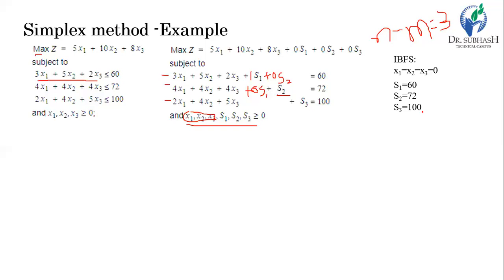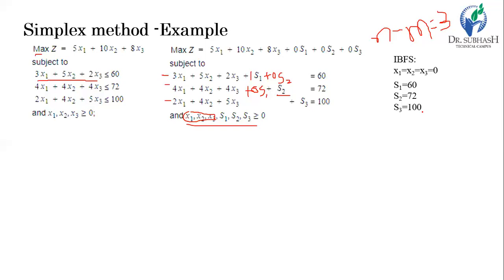For the optimality check, there are two methods. One is the tabular method and the other is the matrix method. The matrix method is a little difficult to understand and requires deep knowledge of matrices, whereas the tabular method is very easy. For this syllabus, at this stage of undergraduate study, we will depend fully on the tabular method, and use only the tabular method for the simplex method. For that, we have to make a table.